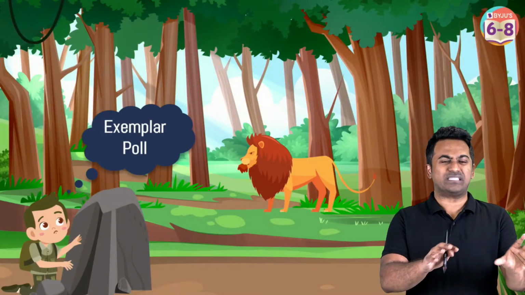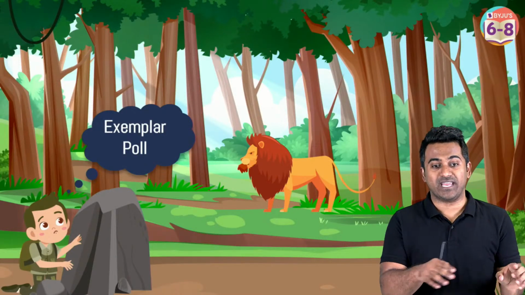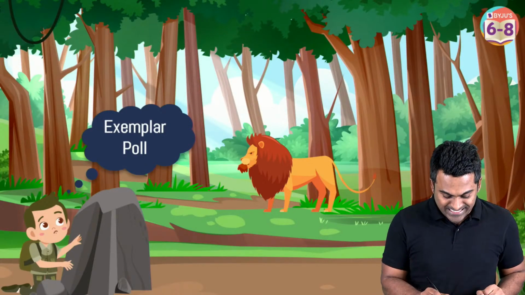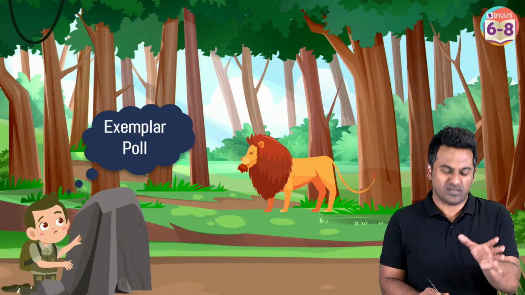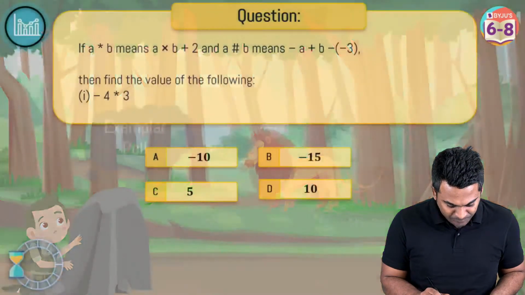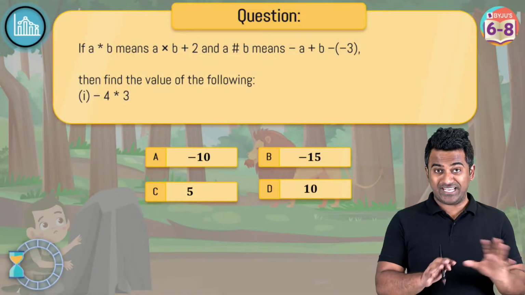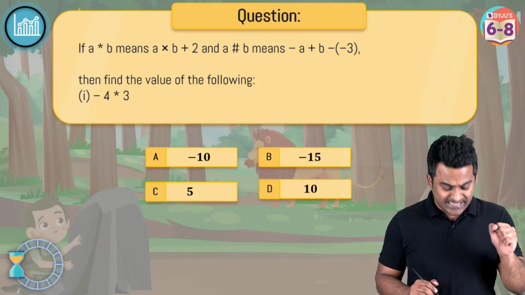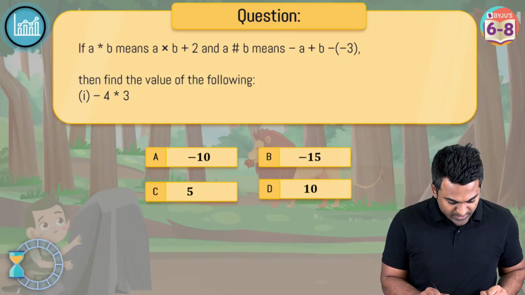Okay, so we are done with some questions from NCERT, and now let's check out some questions from Exemplar. These are going to be on the easier side when you compare it with that. So here's the first one. Coding, decoding kind of questions. Again, 30 seconds. Let's see how many of you get this one correct.